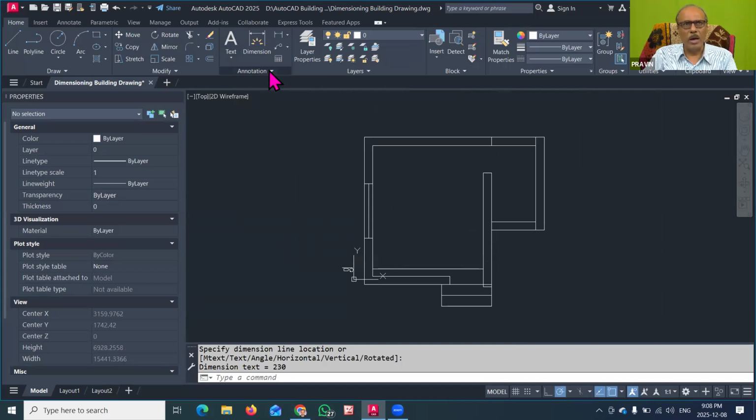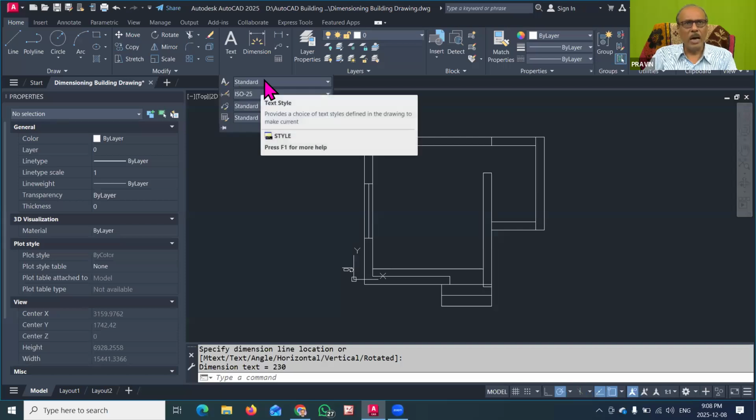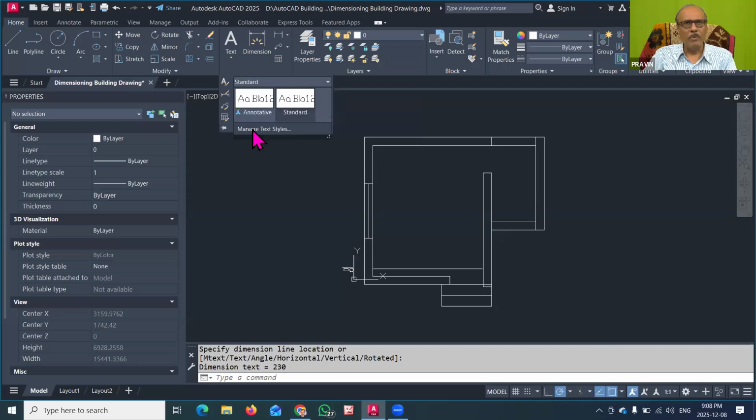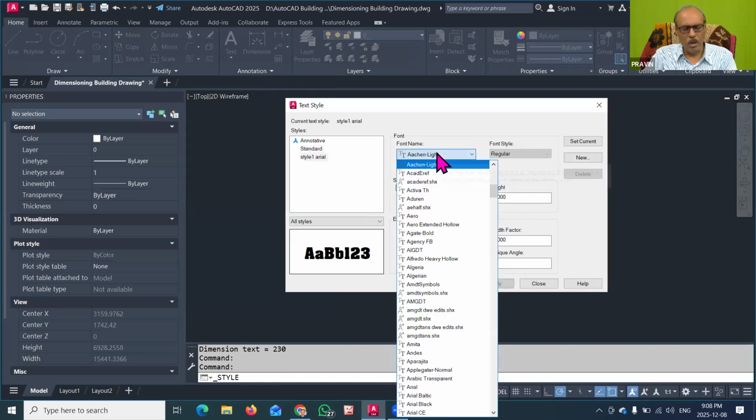I go to the annotation panel, click on text style, and go to manage text style. In the manage text style, I create a new text style, giving the name style 1 ARIAL. I am using the Arial font here. You only have to give the name of the style, click OK, and change the font to Arial.